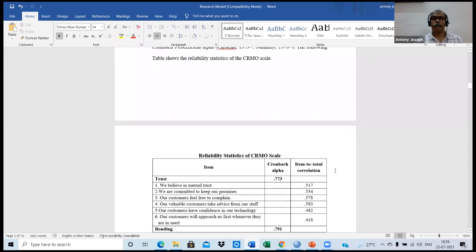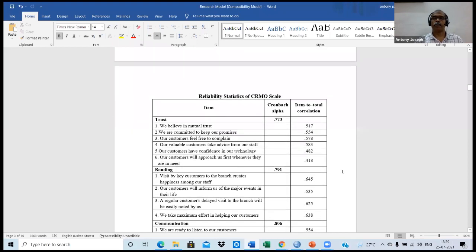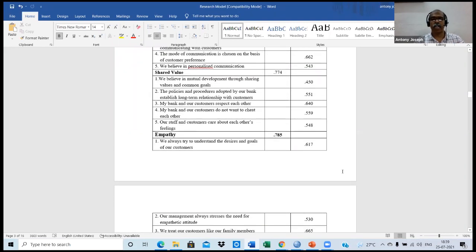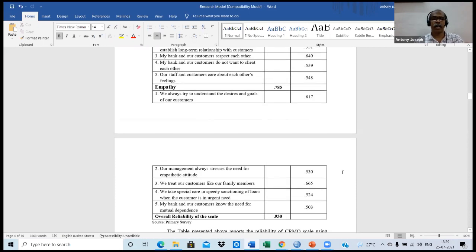So you see how this is being presented. You remember there are different ways by which the reliability of the instrument is to be presented in a research. In my study, there were 5 different components of CRMO. So that's why I have put everything in a single statement.